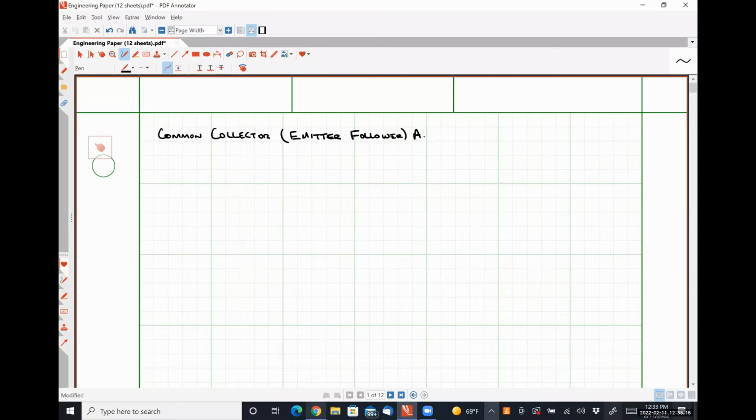It is more commonly called an emitter follower than a common collector, but I prefer the common collector nomenclature because it fits in with all of the other ways that we've classified our quantities, right? So for a common collector amplifier,